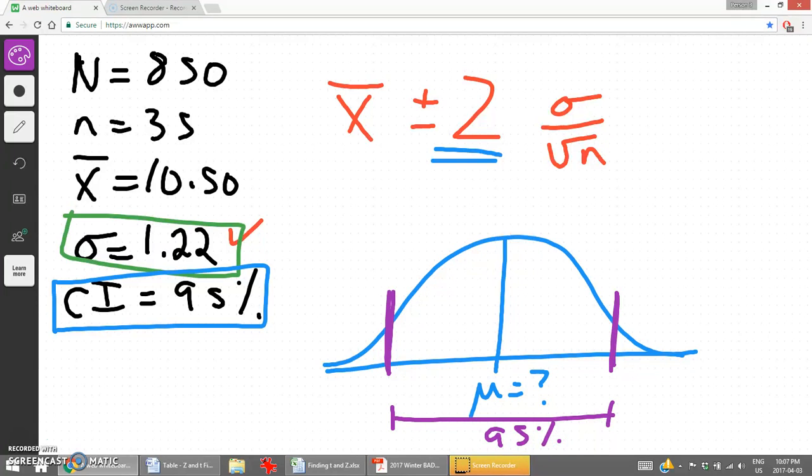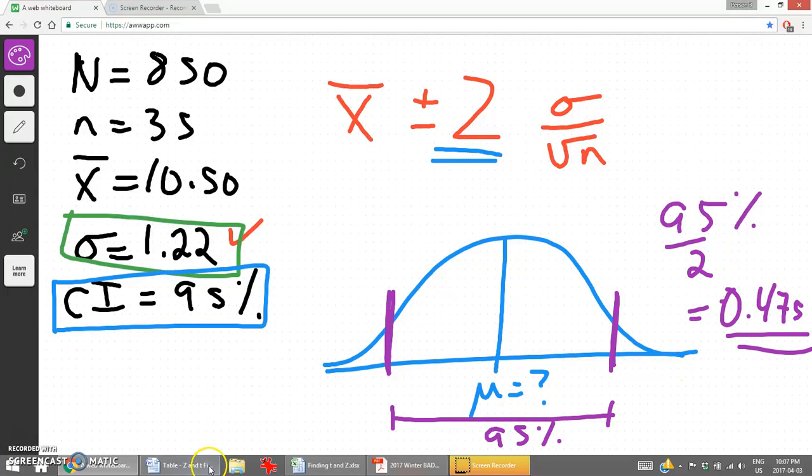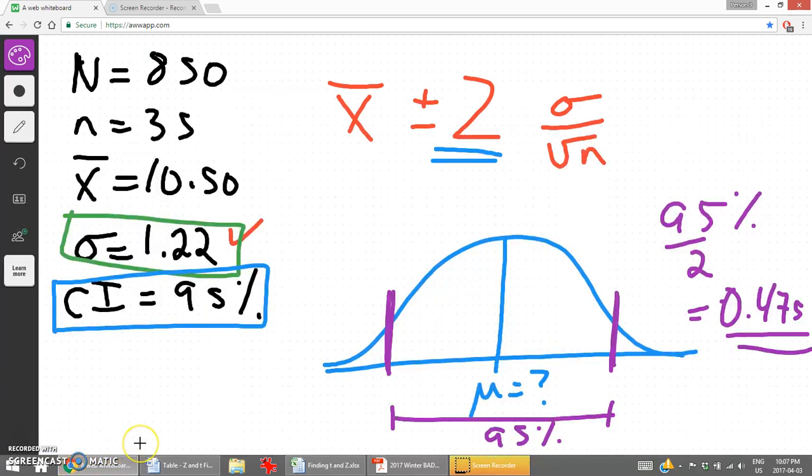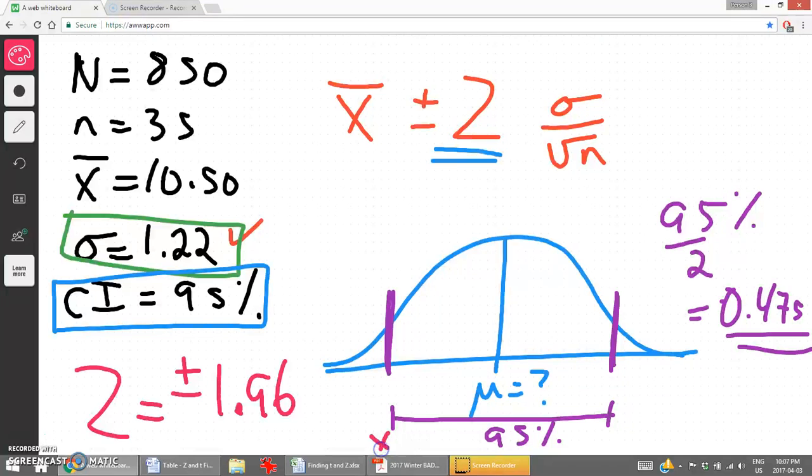Like in previous chapters, we're going to take that 95%, divide it by 2, and we get a value of 0.475. That value, 0.475, when we look at the normal distribution chart, is right there, and that corresponds to a Z value of 1.96. So our Z value, let's just write it here, Z equals plus or minus 1.96. It's negative because there's a value on the lower level,